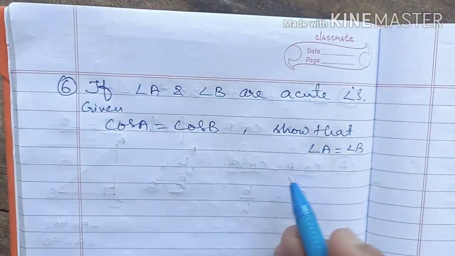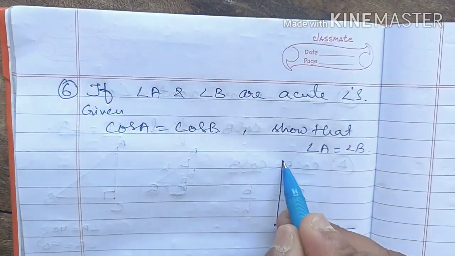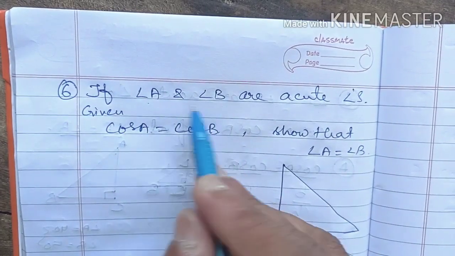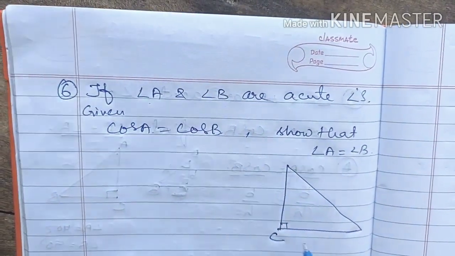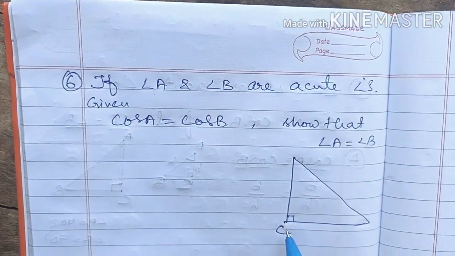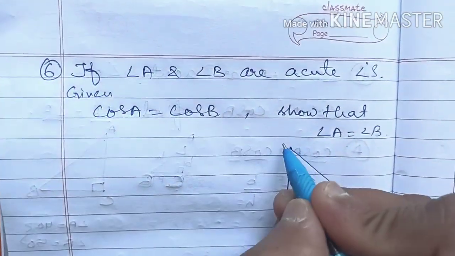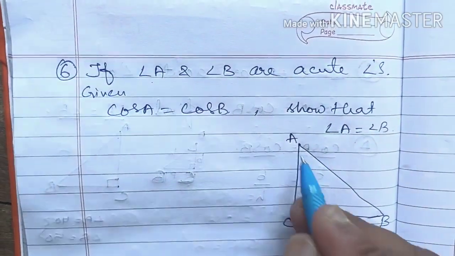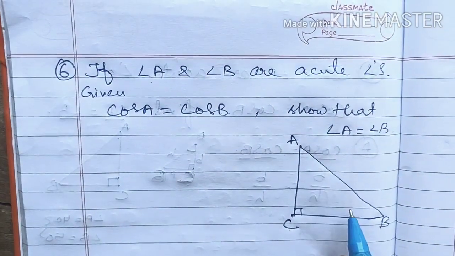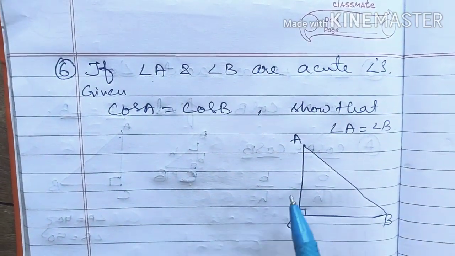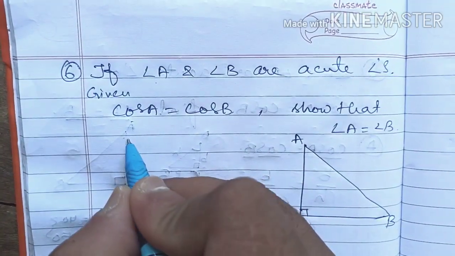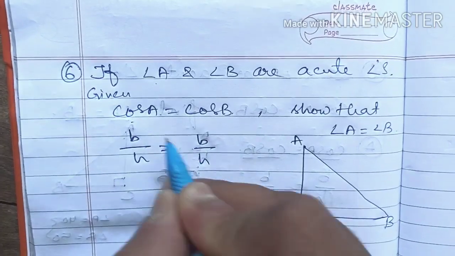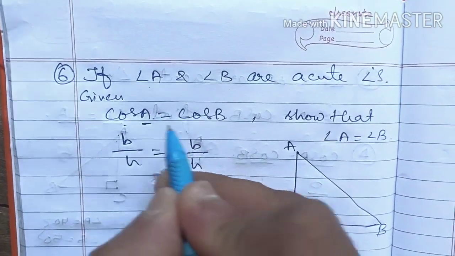First of all, I will draw a triangle. Angle A, angle B are acute angles, so these cannot be 90 degrees. So I will write 90 degrees, the vertex of the 90 degree angle is C. So these two remaining angles will be A and B, because these two are acute angles. Anyhow, this will be less than 90 degrees, maybe 40, 50, maybe 45, 45, anything, but less than 90 degrees. Okay, now these two are given for us. We know the formula of cos A, B by H, cos B, B by H, because the cos formula is B by H.